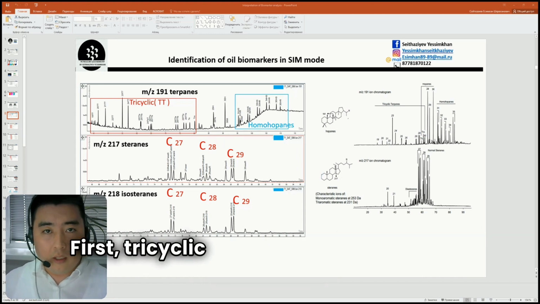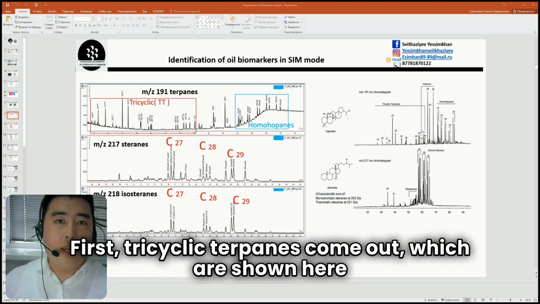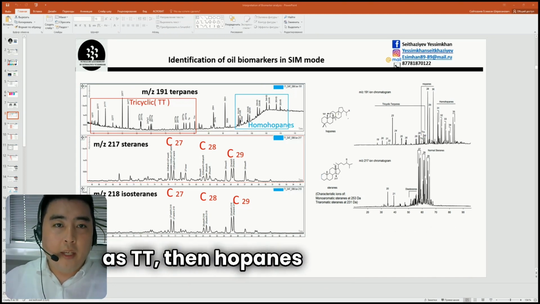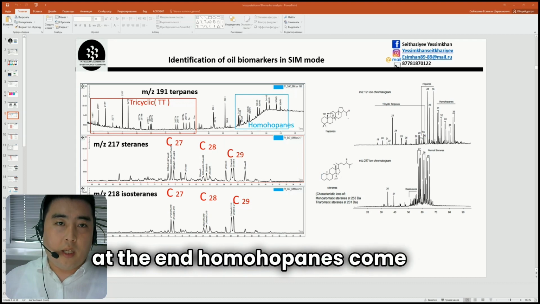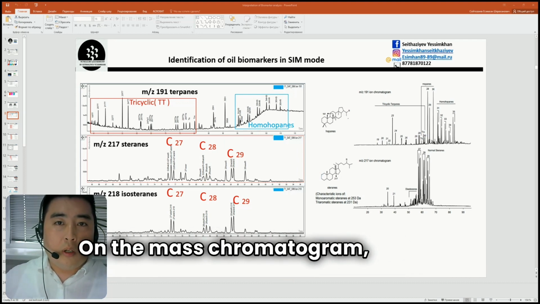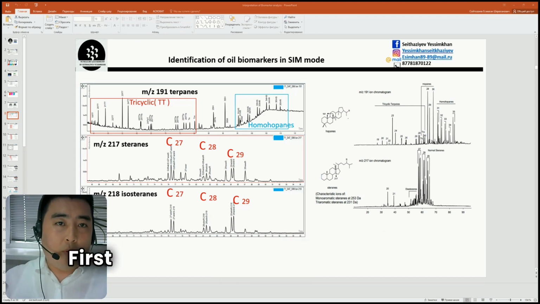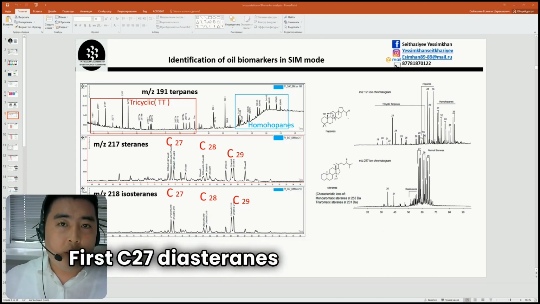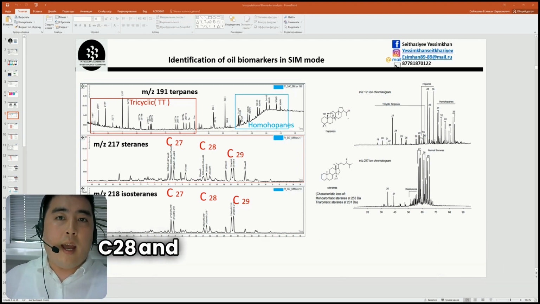First, tricyclic terpenes come out, which are shown here as TT, then hopanes, C29, C30, and at the end, homohopanes come out. On the mass chromatogram, steranes come out, first C27 diasteranes and steranes, then C28, and then C29 diasteranes